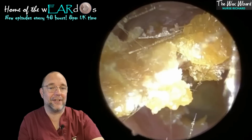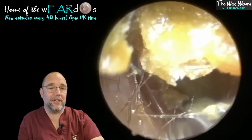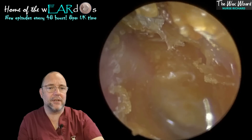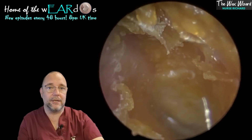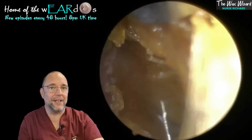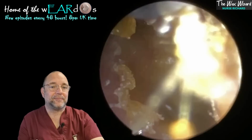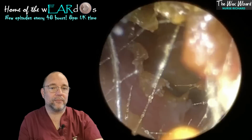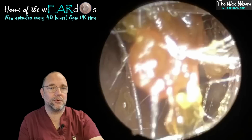It looks like cornflakes. In fact, he might have even appeared in a video in the early days called cornflake out the ear, because the first time I saw it, I thought, oh, it looks like cornflakes. Again, I think I've put even more oil in now, just getting the stuff that's a bit more lateral towards the outside,